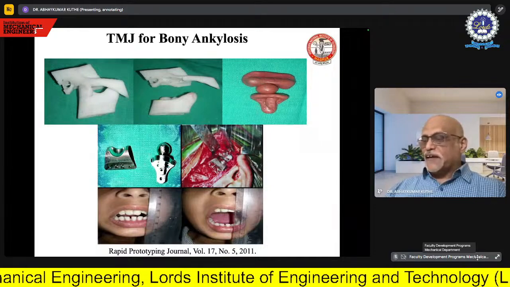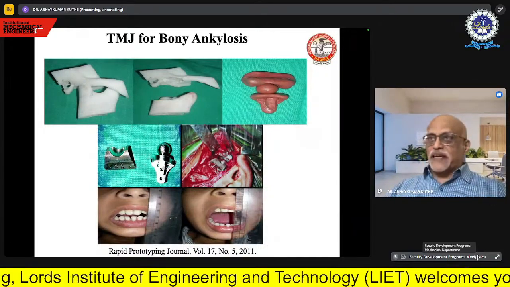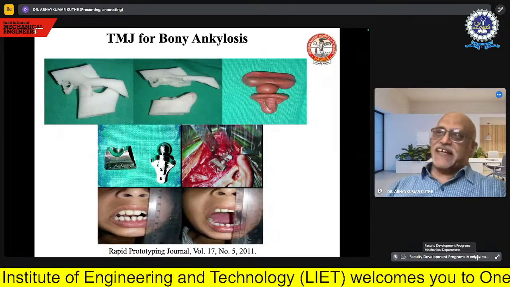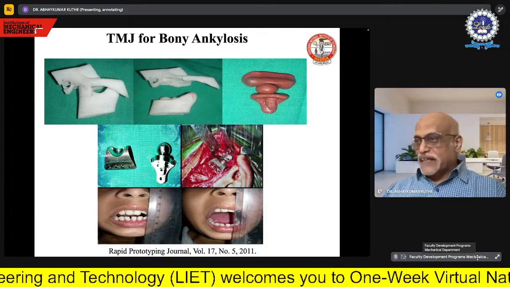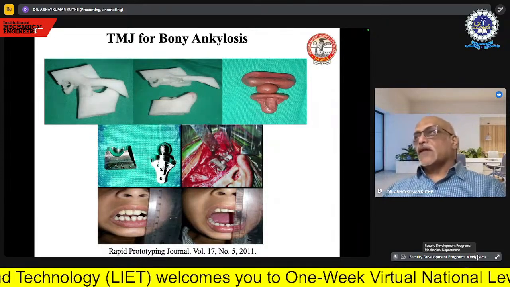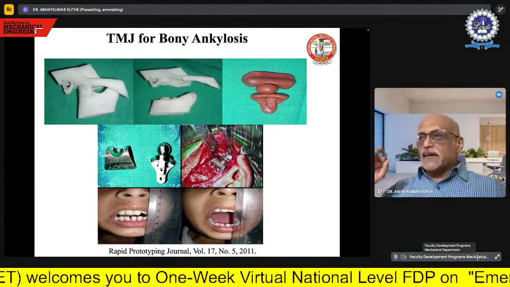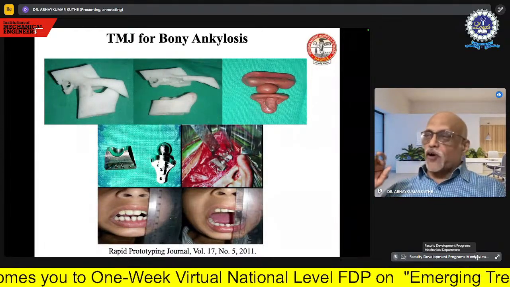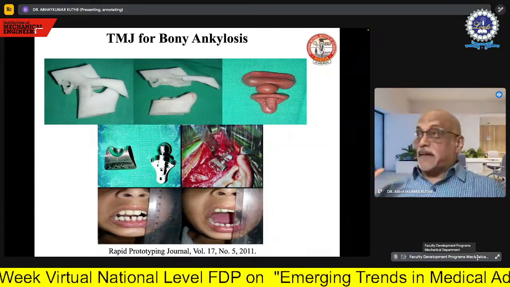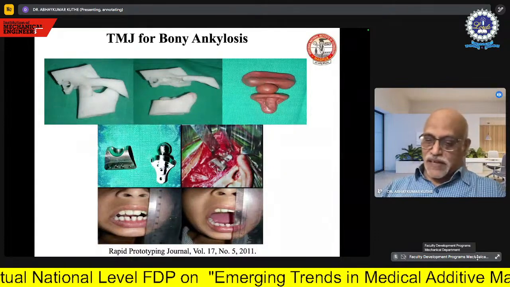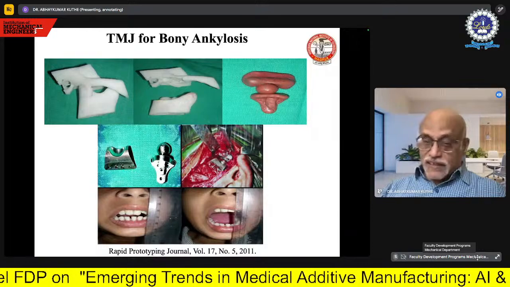I'm happy to tell you that the use of 3D printing in developing such type of customized metallic implant is the key. And remember here that had the 3D printing not been there, it would not have been possible for the doctors to design the implant as he wishes, and ultimately it would not be possible for him to get the implant manufactured also, if 3D printing was not available. So this is all the 3D printing.